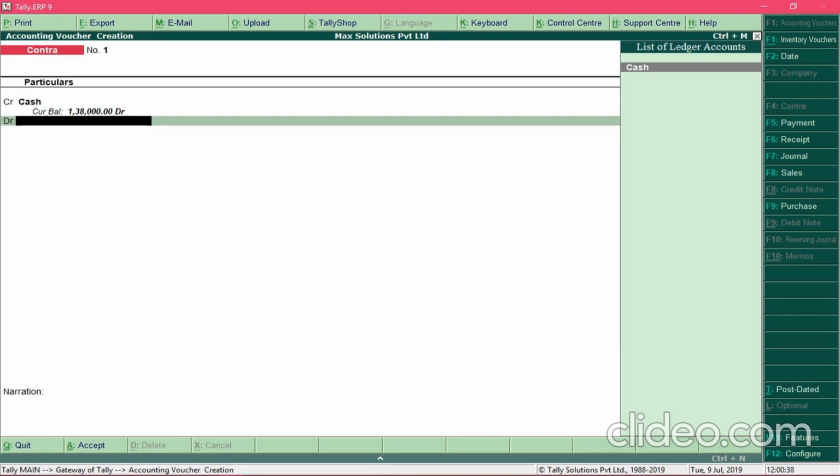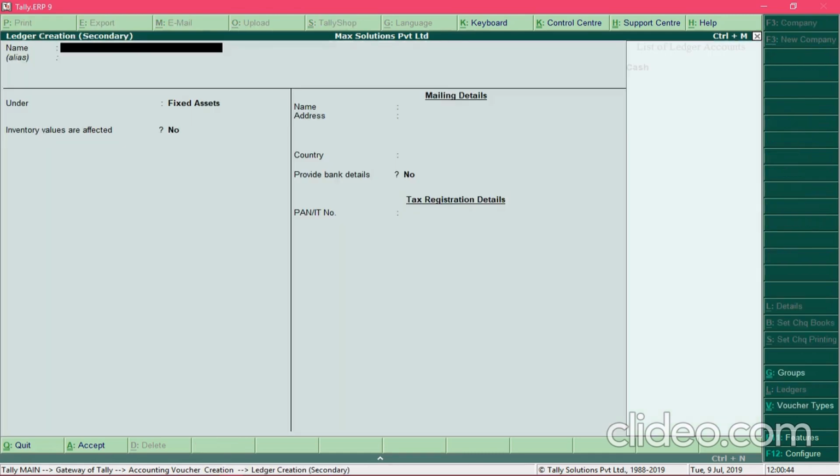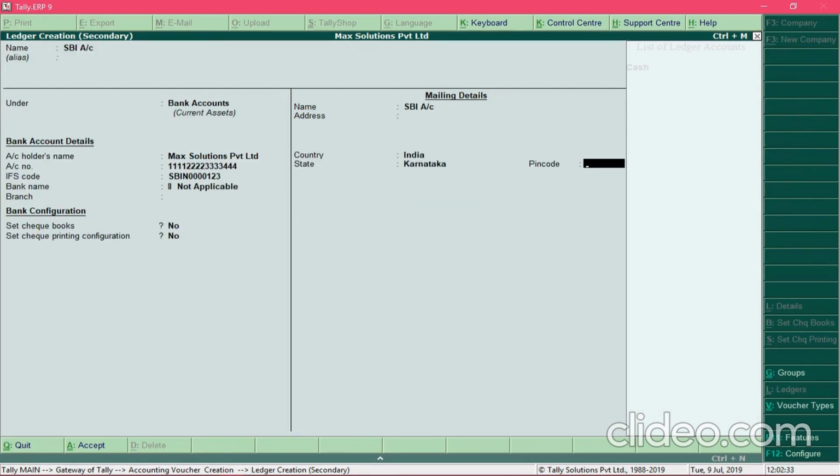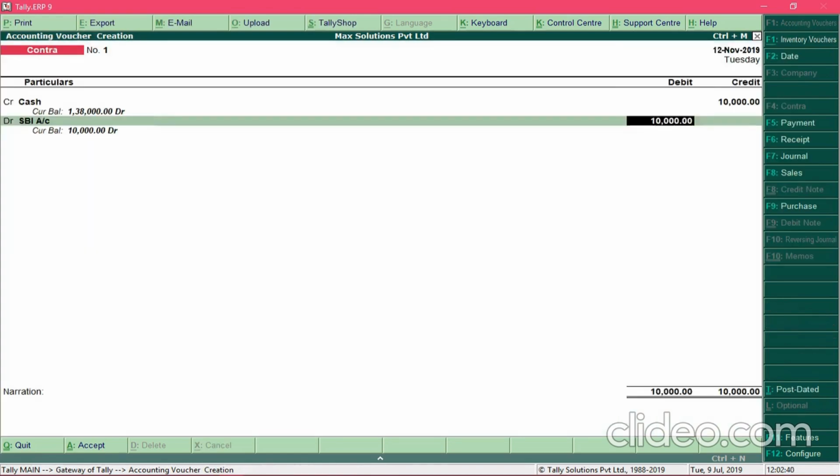Since bank account ledger doesn't exist, we need to create one. So press Alt C and create the bank ledger. I have entered all the required details to create this ledger, and I'll press Ctrl A to create the ledger. The amount in the debit field will be pre-filled, and press the enter key.